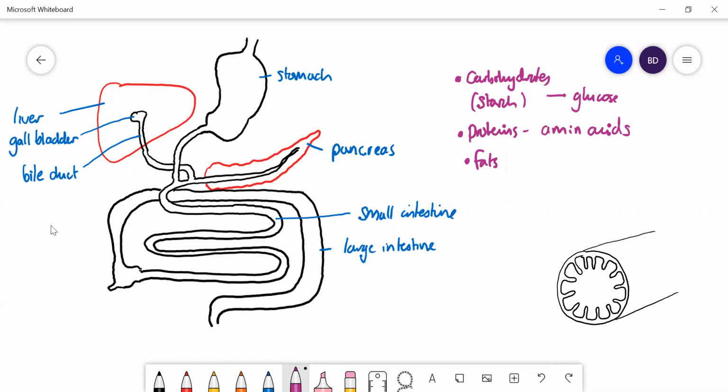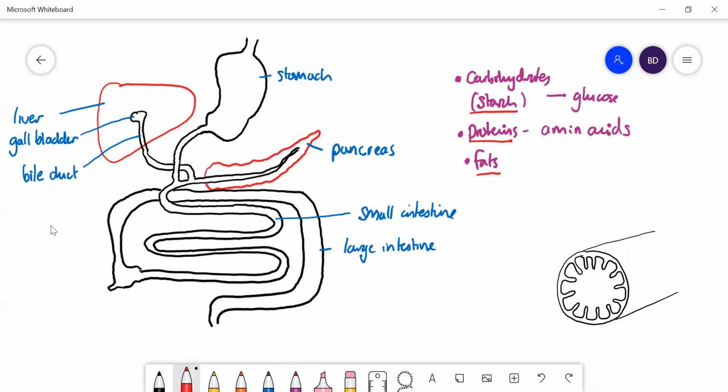Here we're going to talk about the digestive system. The digestive system is made of a number of organs: the stomach, the pancreas, the small and the large intestines. And the purpose of the digestive system is to break down these big molecules we've got over here, like carbohydrates, like starch, and proteins and fats, which are all big and insoluble, and it's to break them down by enzymic degradation, to break them down into smaller molecules